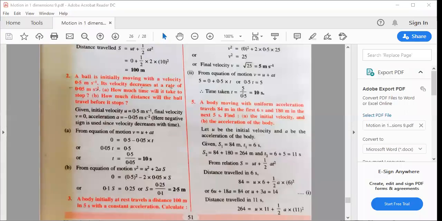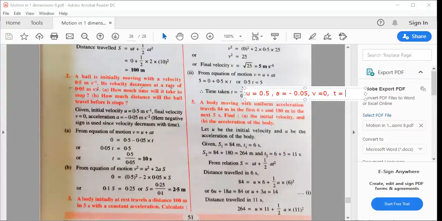A ball is initially moving with a velocity of 0.5 meter per second. That is, u is 0.5. And its velocity is decreasing at a rate of this. So what is the acceleration? It is decreasing. That means it is minus 0.05. How much time will it take to stop? That means v is 0. It is asking you to stop it. So v will become 0 and t is